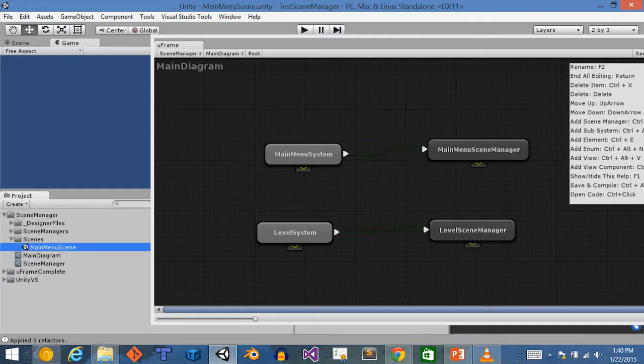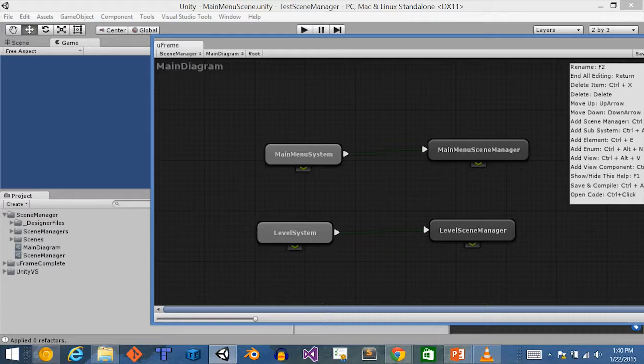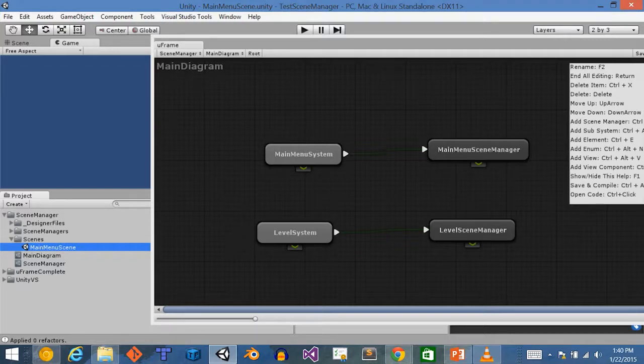Okay, so now that I've created that, the next thing I want to do is, well, I've got the main menu scene, but what we want to be able to do is dynamically load other scenes in our application. For that, I'm going to go up here and just say File, New Scene,